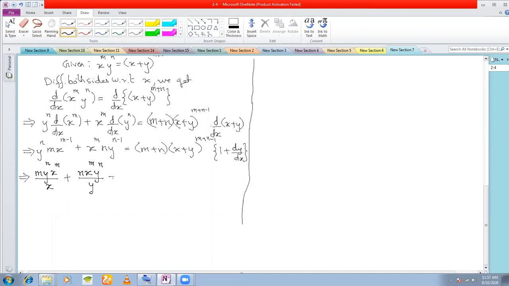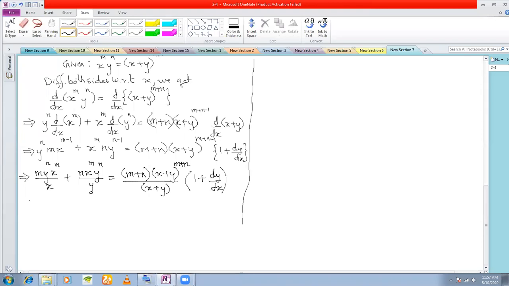Okay, is equal to m plus n into x plus y to the power of m plus n divided by x plus y into 1 plus